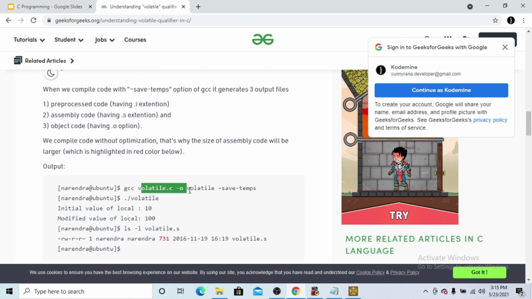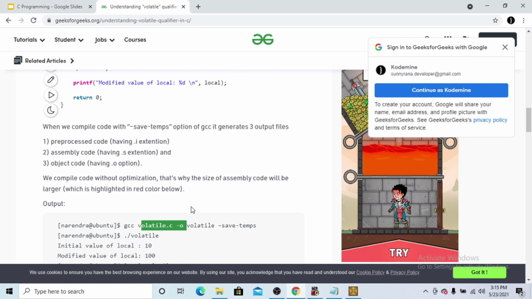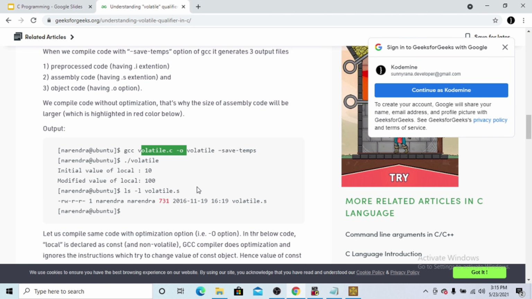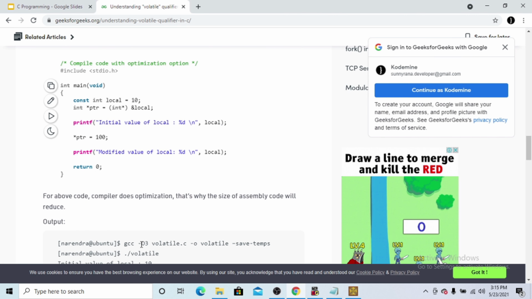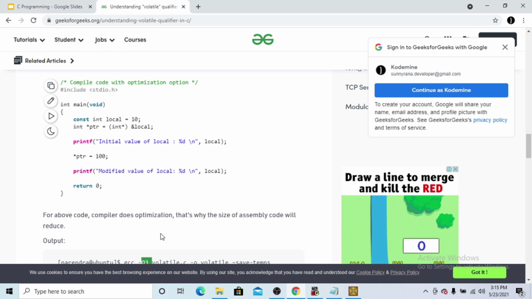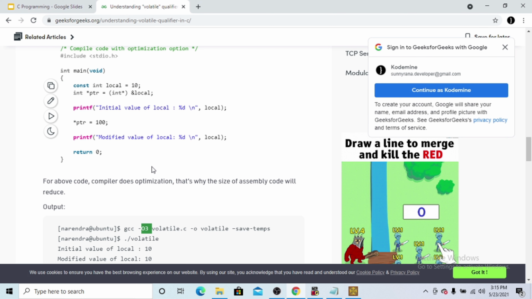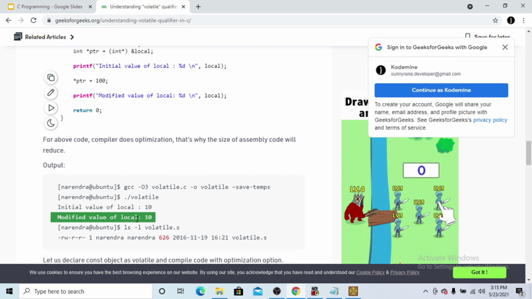Without optimization, if I execute this code, it will behave normally. But what will happen if I want to execute the code with optimization? Optimization is enabled when I use the -O3 flag. With the same method, when I try to execute with optimization, I am not able to change this value.